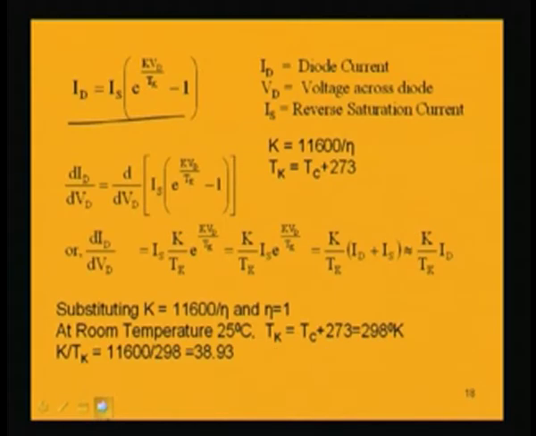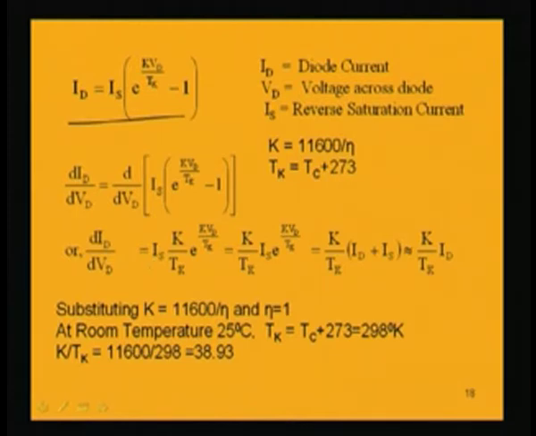So, eta value will be considered as 1. Tk is the Kelvin temperature, centigrade plus 273. Now if we find out the derivative of this current with respect to voltage Vd, that is differential with respect to Vd of this quantity, Is is constant, the reverse saturation current is constant,